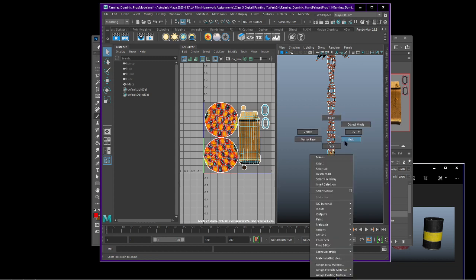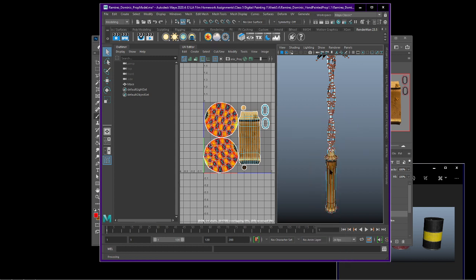Let me just put this up. As you can see, I am going to the UV as a shell. As you can see from here, it is highlighting parts that are implemented on this 3D model right here on your right side. For instance, the handle, one half of the mace with the spikes included, the other half, then you got the chains,